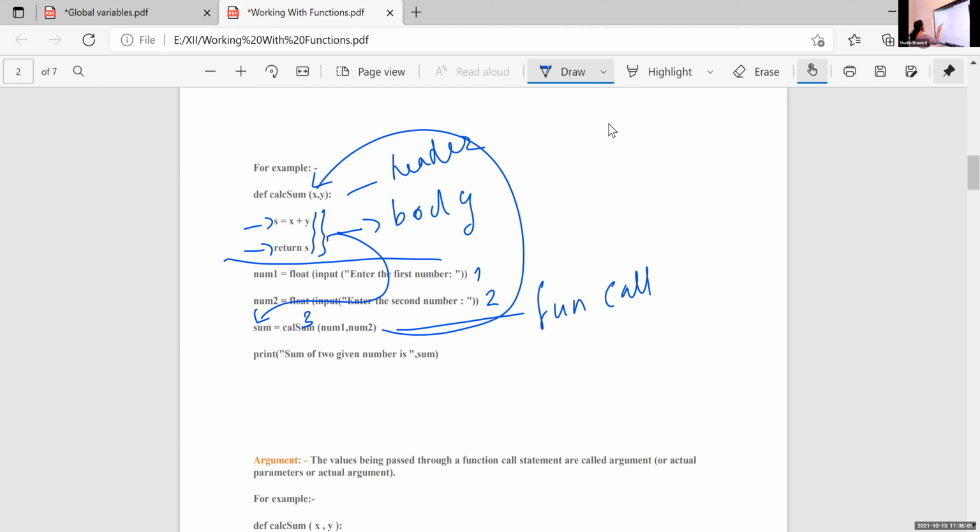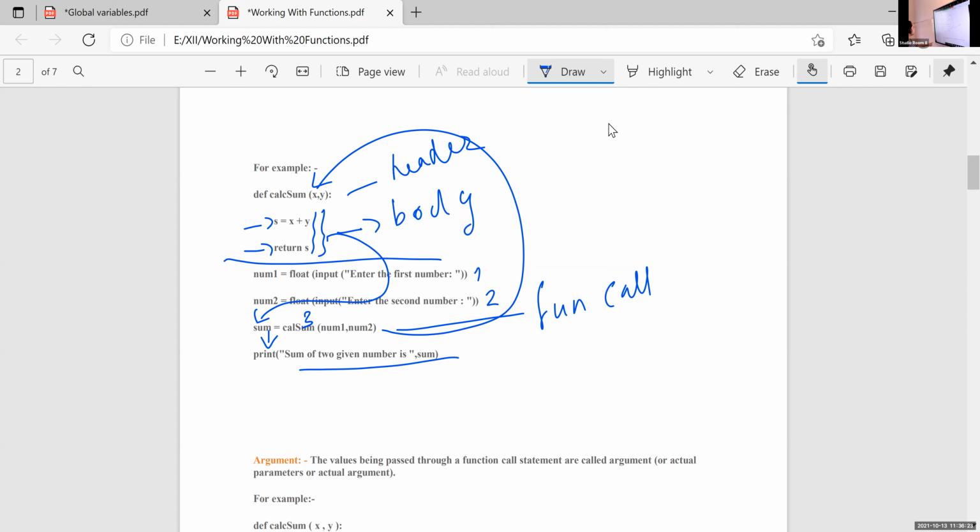The return S statement will return a value, and that value is stored in sum, and then it will print this result. Okay, is the control flow clear? It is very important for the output related questions.